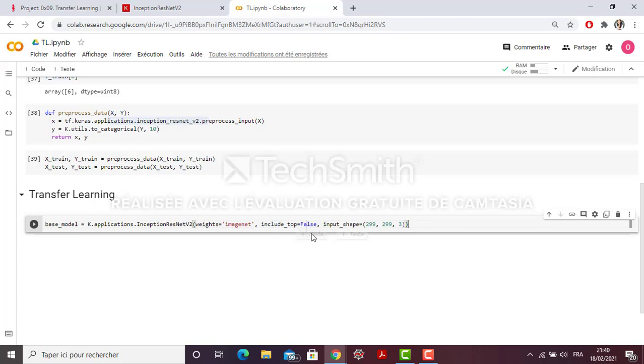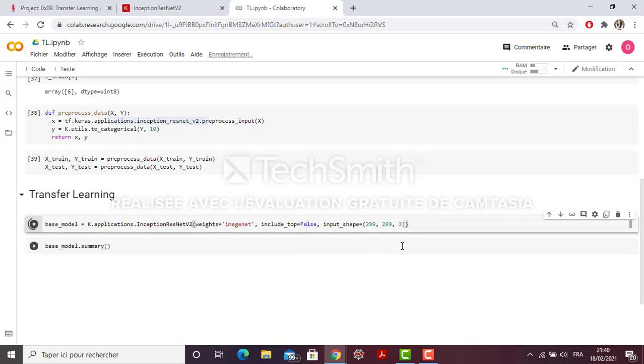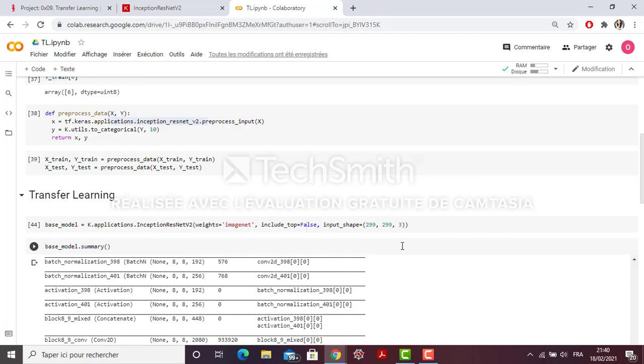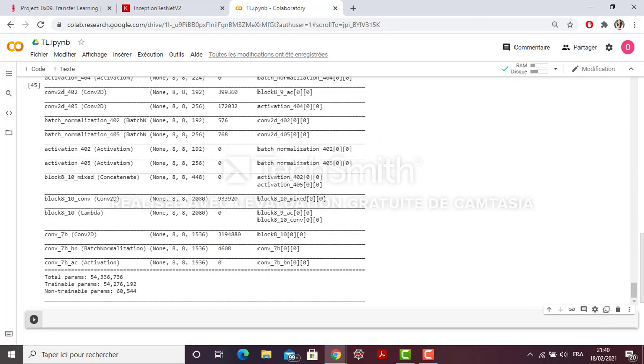Let us see what layers this base model has. The last layer is a convolution layer.